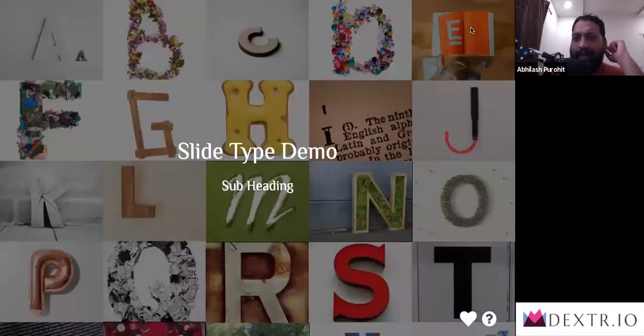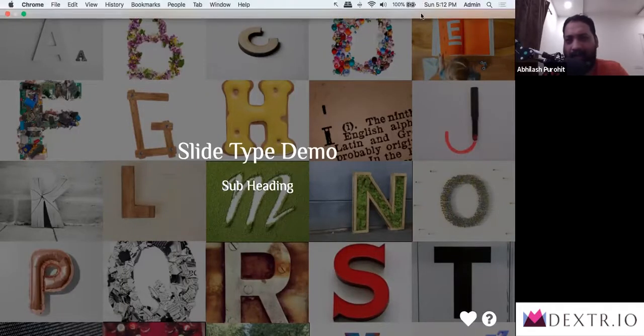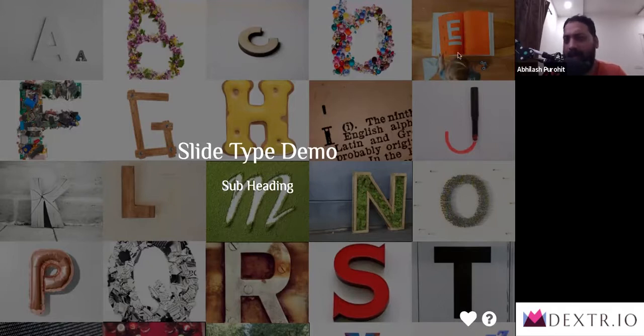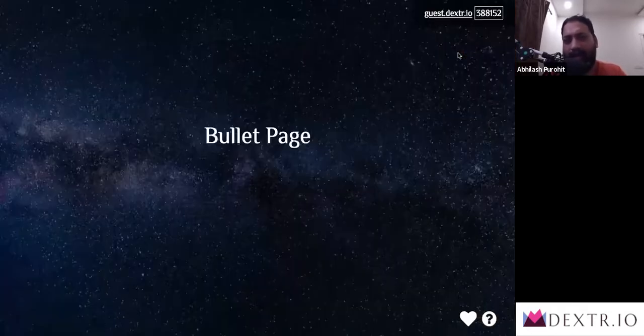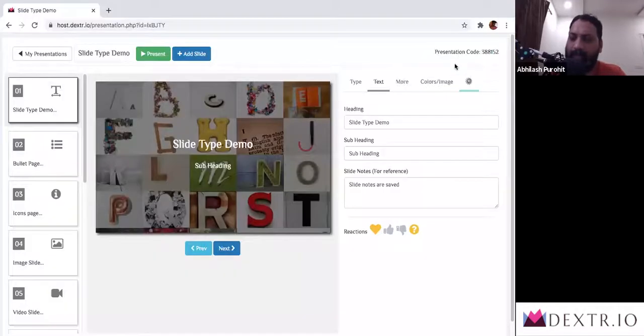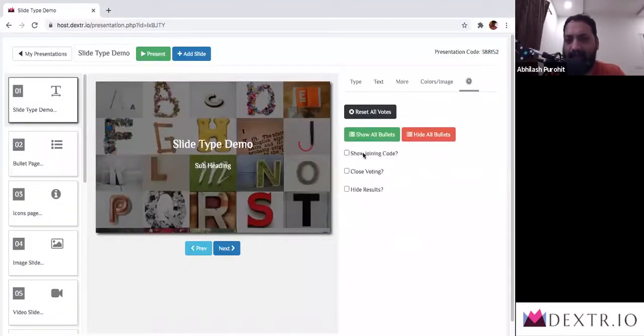If I go back one step in here, that joining code has disappeared from the screen. In the top right corner, it's not there. I go to the next one, it is visible. That is because in the settings, I have said no to show joining code. I'm going to turn this on once more, and I'm going to do a presentation. Observe how this works when the participants actually start to participate.